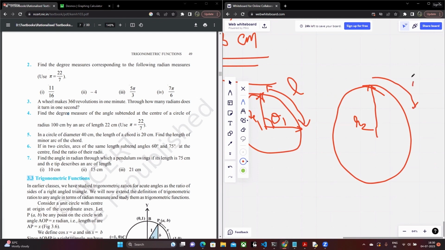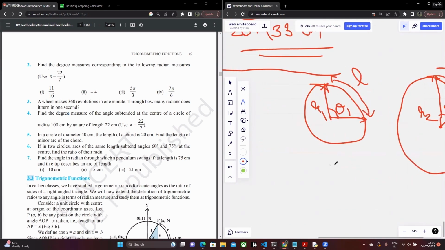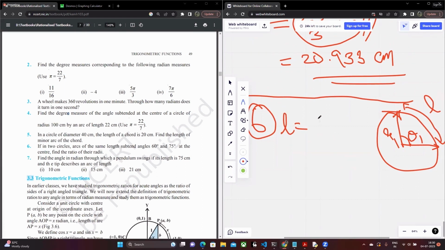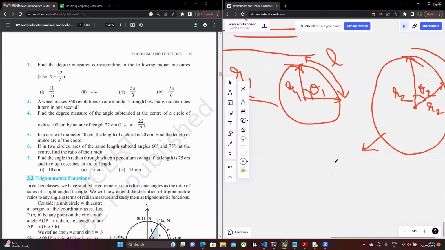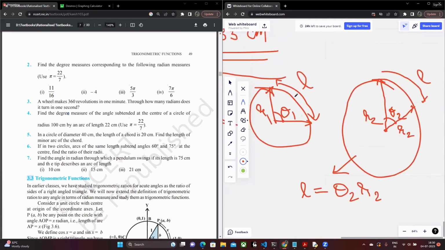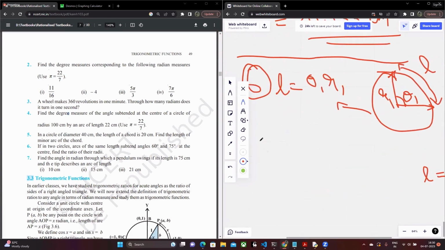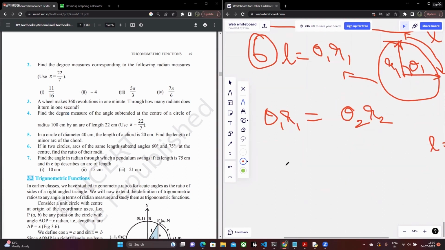For the same length L, since this is going to be the center, this is going to be R2, which means that this angle is going to be theta 2. You know that L is basically equal to theta 1 R1 for this circle, and for this circle, L is going to be equal to theta 2 R2. Since both these lengths are equal after the same length, you have the fact that theta 1 R1 is going to be equal to theta 2 R2,